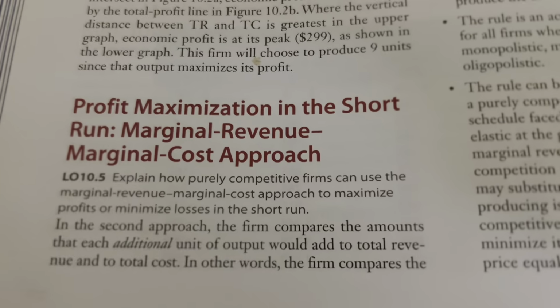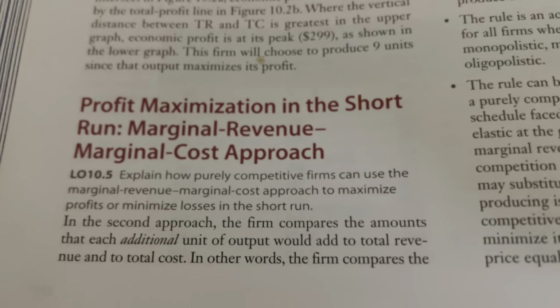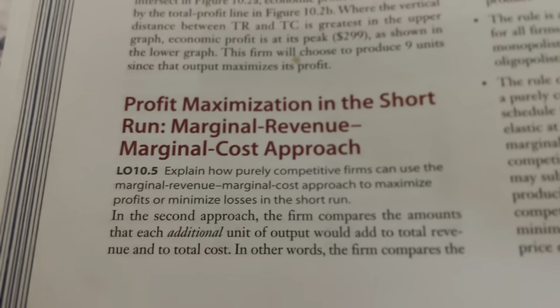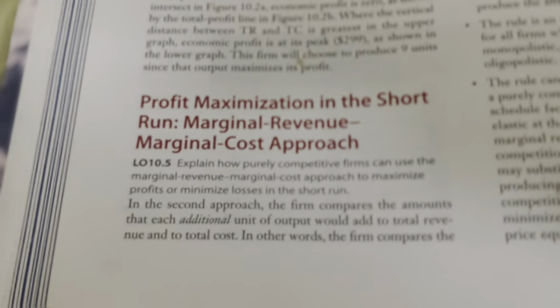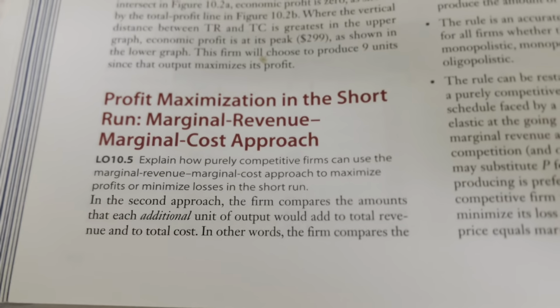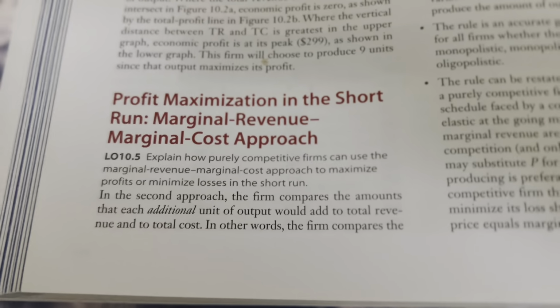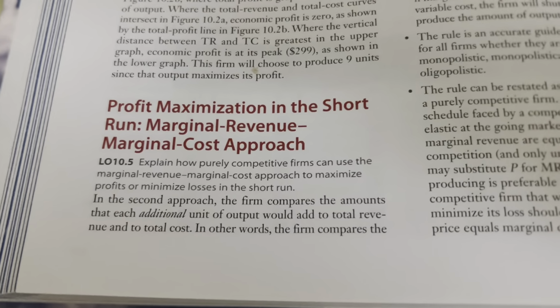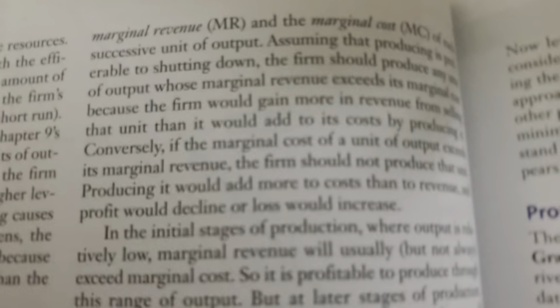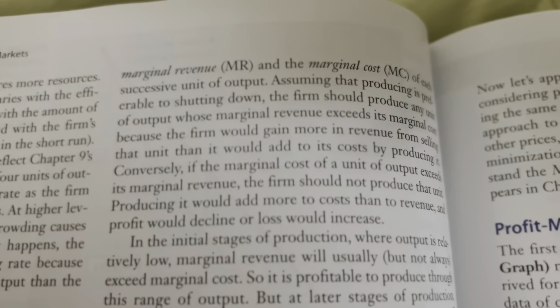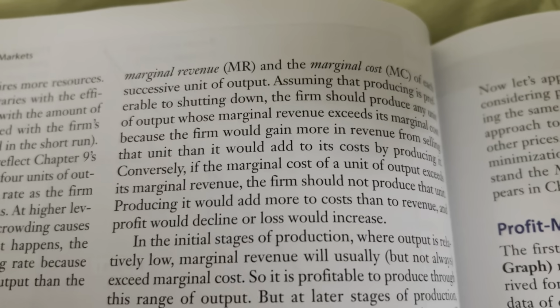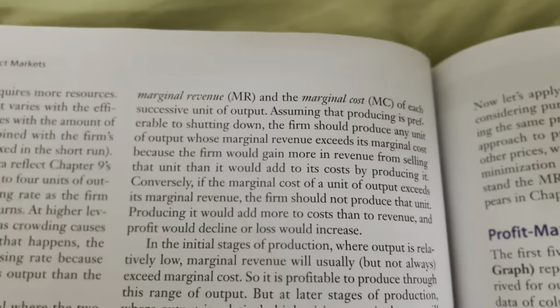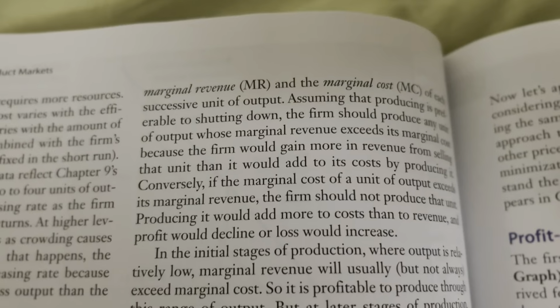Profit maximization in the short run. Marginal revenue, marginal cost approach. In the second approach, the firm compares the amounts that each additional unit of output would add to total revenue and to total cost. In other words, the firm compares